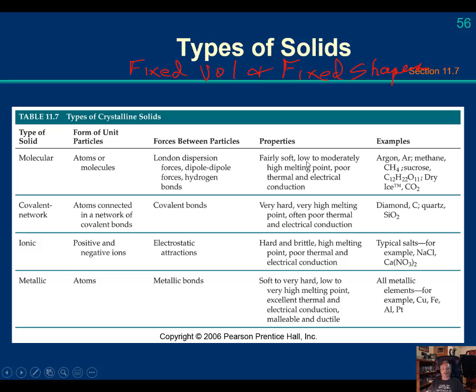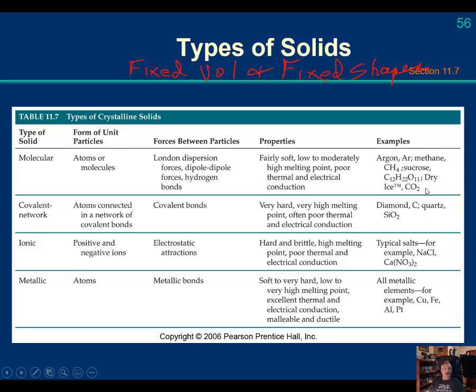Properties: fairly soft, low to moderately high melting points, poor thermal and electrical conduction. Examples given are argon, methane, CH4, sucrose, which is a molecular solid at room temperature, dry ice, which is carbon